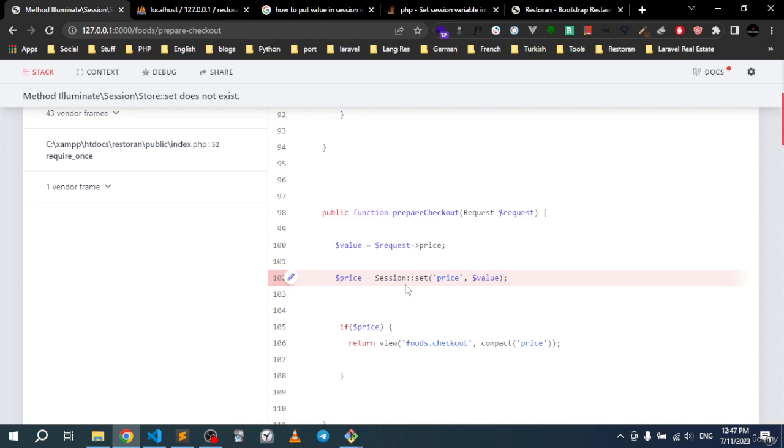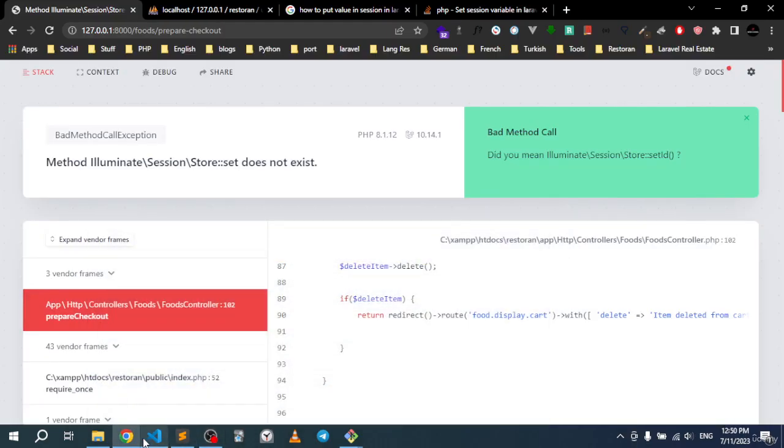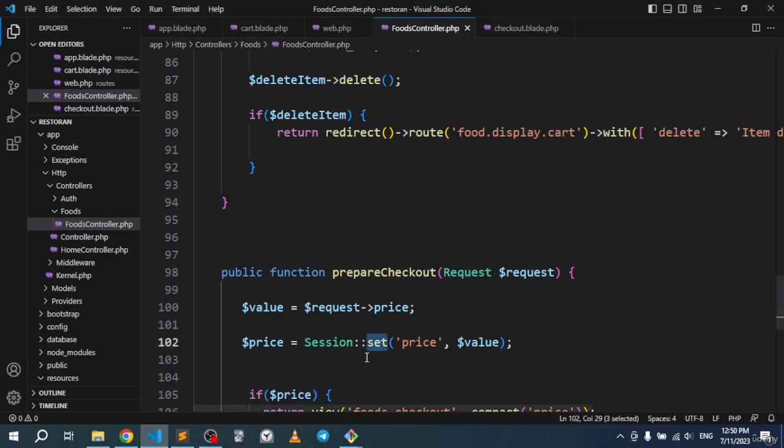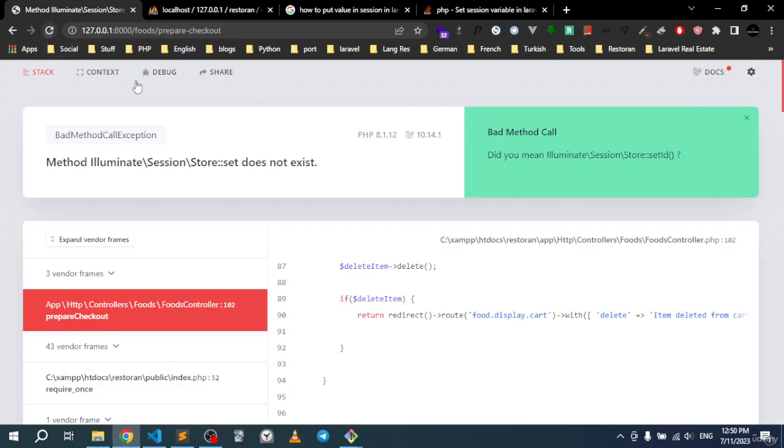Session store does not exist. All right, so just give me a second. All right, so I think I found a solution. Actually, if we go right there and we simply try to use put instead of set, if we refresh this, all right, so